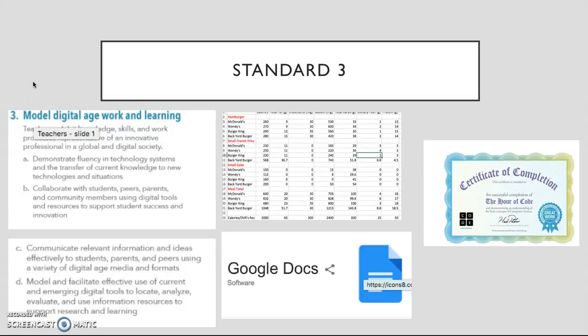You can also, it's just an easy way for everybody to be on the same page. I chose the Excel project to demonstrate substandard D, which is using current and emerging digital tools to locate, analyze, and evaluate information to support research and learning. So we had to do prior research for this Excel project, and then we used Excel in order to